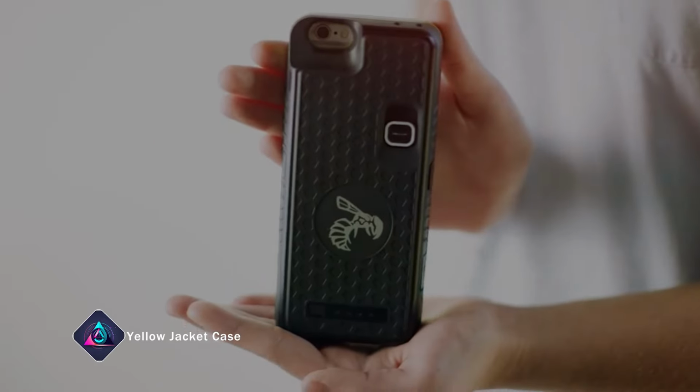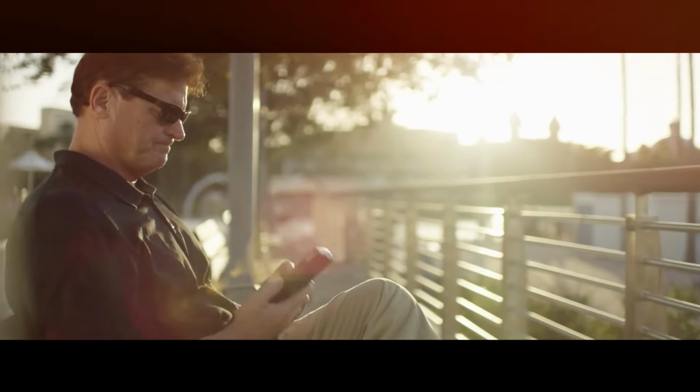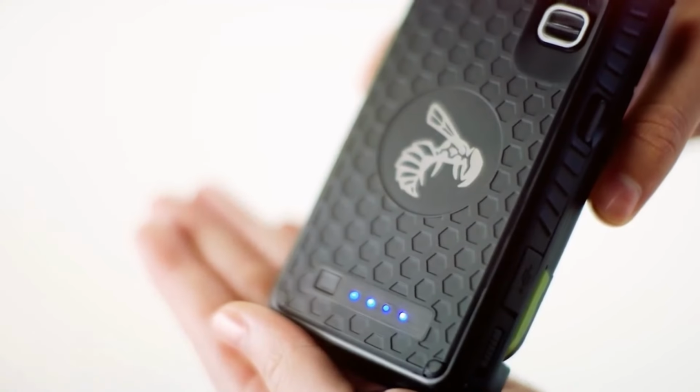Yellow Jacket Case. Introducing Yellow Jacket, a smartphone case with a shocking twist. Its creator, Seth FR, was once robbed in his own home, despite having a taser and a firearm nearby. In that moment, his smartphone was the only item within reach. This incident inspired him to develop Yellow Jacket, a case that conceals a